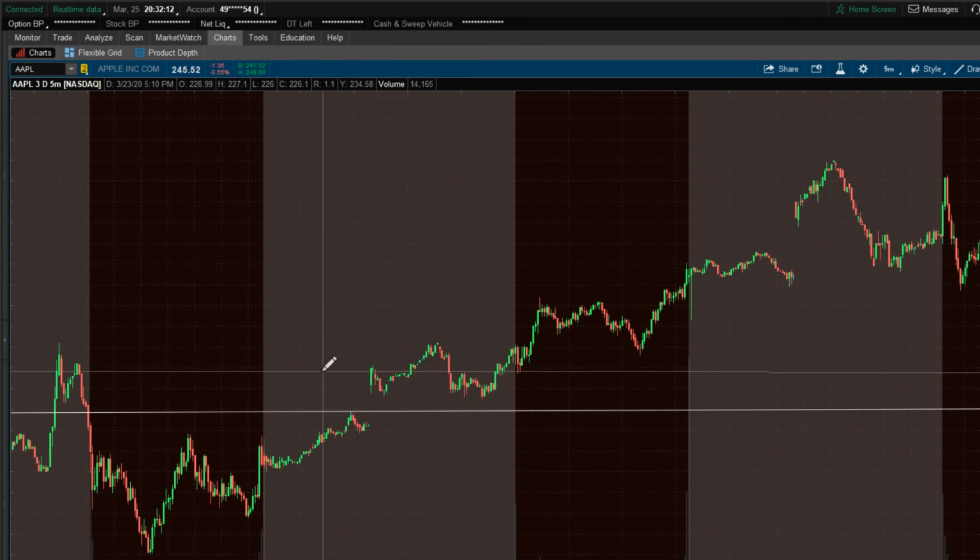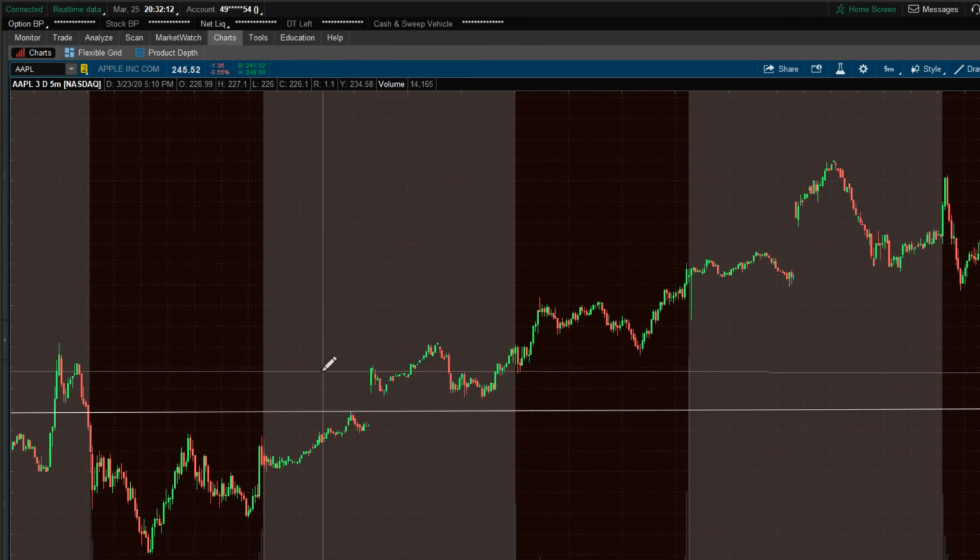Cool, cool, cool. All right, so the next thing that I want to talk about is patterns, and I'm only going to go over two, just for time's sake, but they're two very powerful patterns. And the first one's going to be head and shoulders. So this is